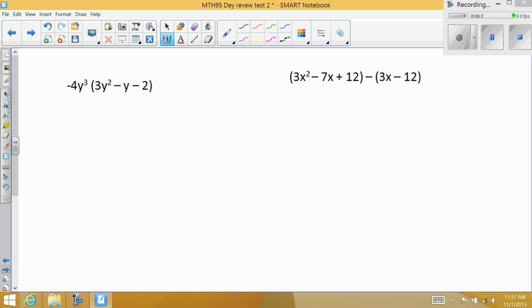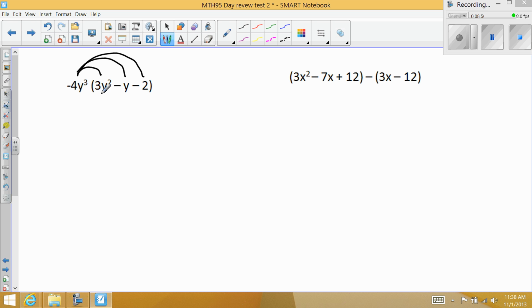Okay, so this is getting to the chapter 5 material. These first two aren't too bad. We're multiplying a monomial times a trinomial, and this one's a subtraction. So to multiply with this one, we can just do our distributive property. Remember, to multiply, you do not need like terms, but to do an addition or subtraction problem, we do need like terms. So I can multiply the negative 4y to the 3rd times the 3y to the 2nd,